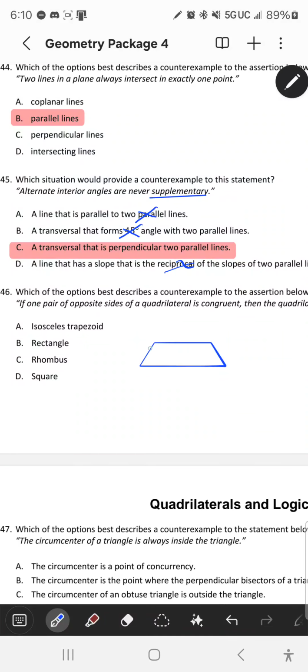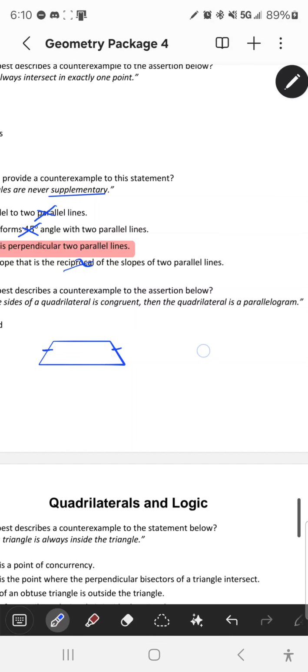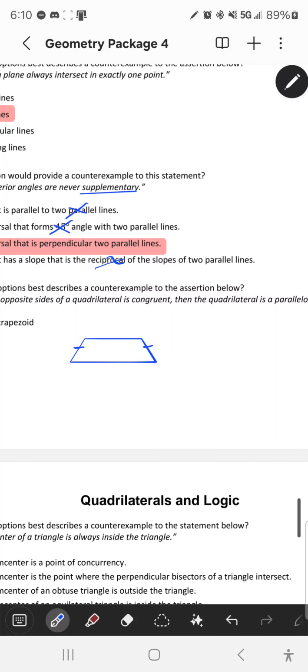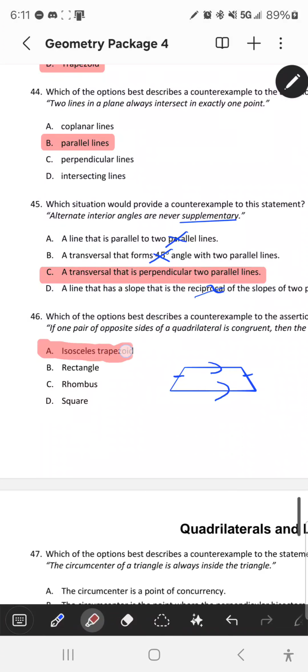We have an isosceles trapezoid, where this side is congruent to this side. Basically, first of all, is a trapezoid a parallelogram? Well, it is not. This side is congruent to this side, but these two sides are not congruent to each other. So yeah, that's basically the answer. But if we check the others,